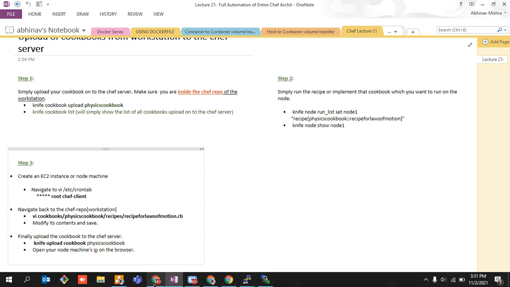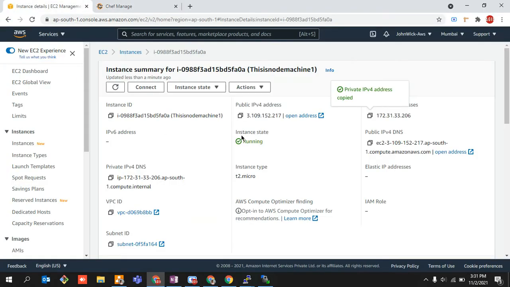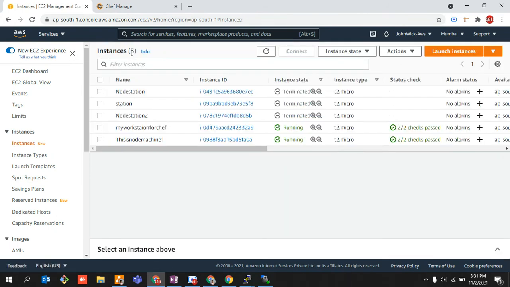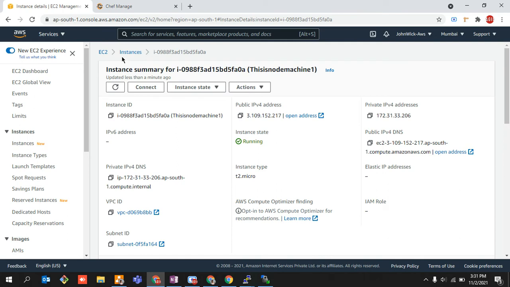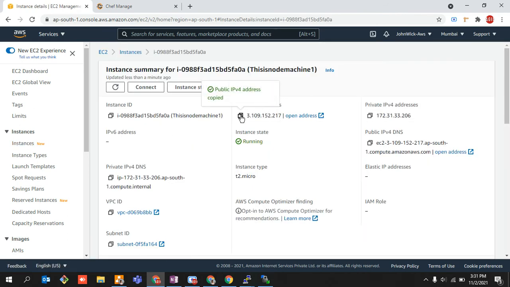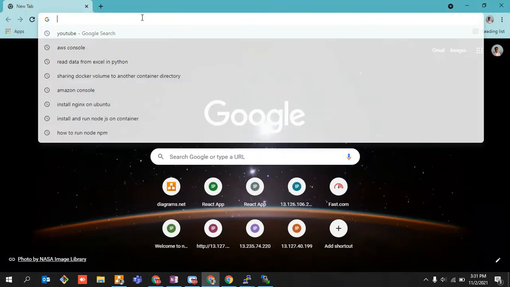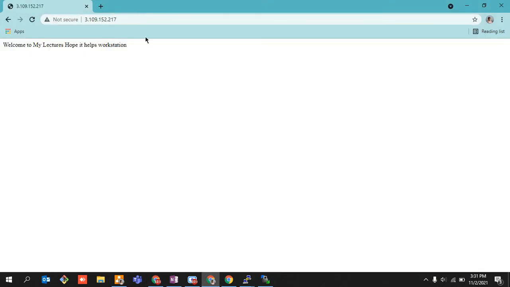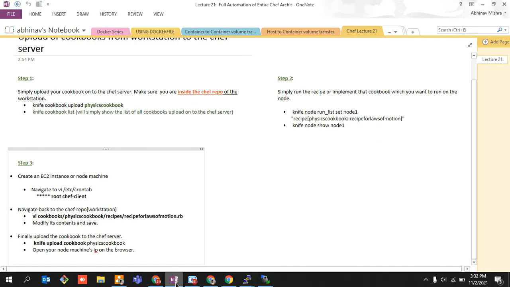So just go over here to your EC2 machine, go to your instances, go to your node machine, copy the public IP, and just check what is happening over here, right? So whatever I wrote over there, it happened automatically, guys.